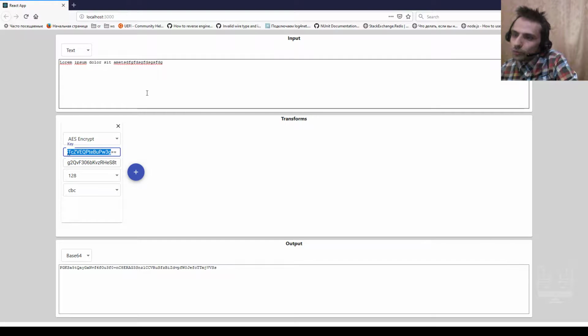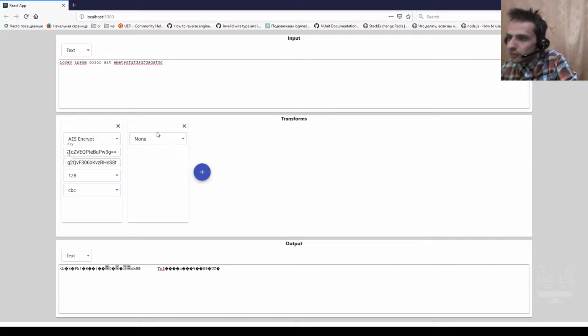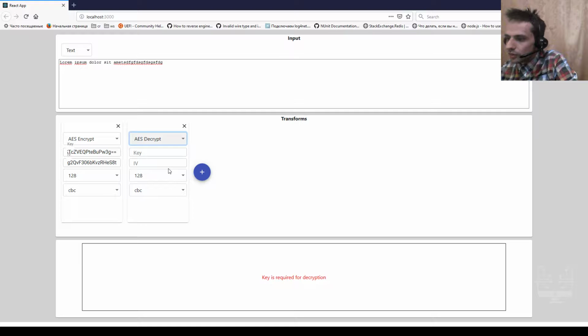Users also will be able to use multiple transforms. So here we can see that this was encrypted and then it was turned into base 64. After encrypting, we can also decrypt it immediately. We can select AES decrypt.